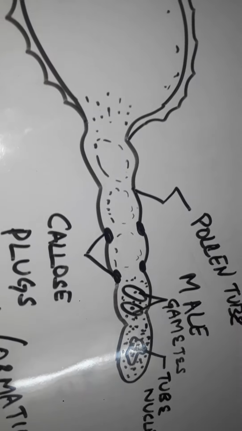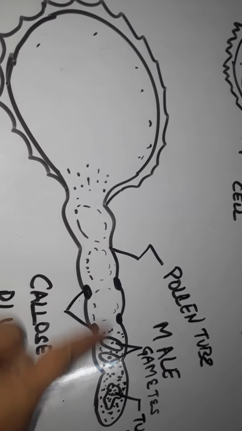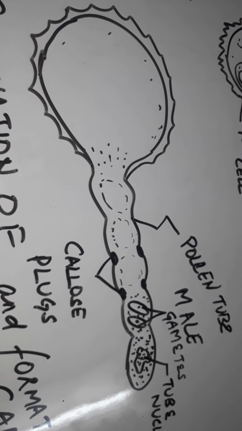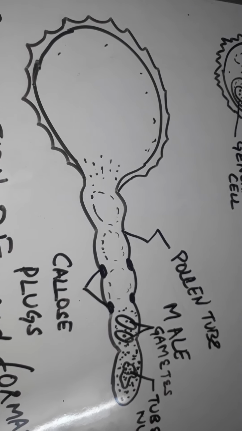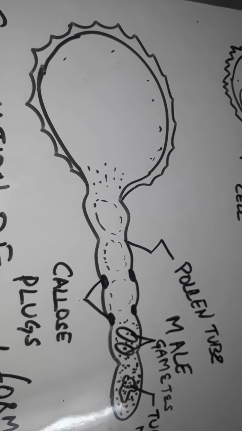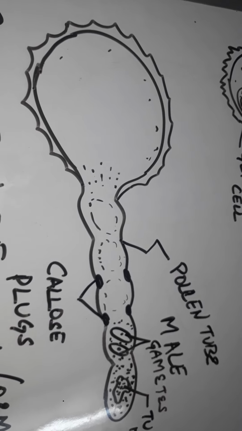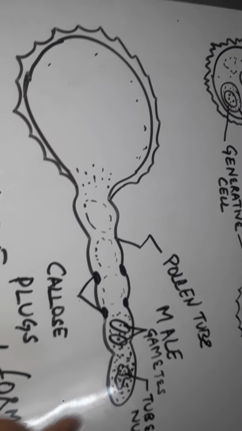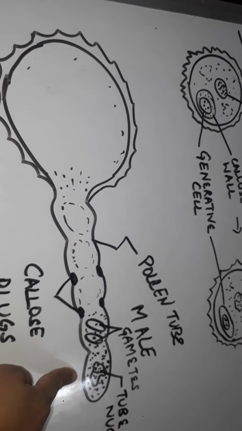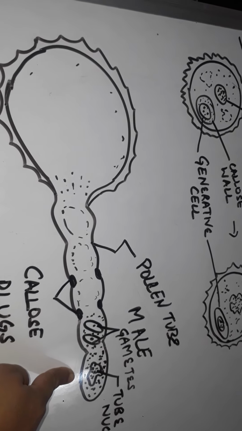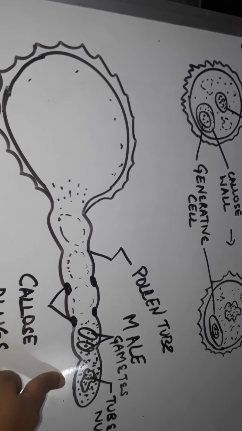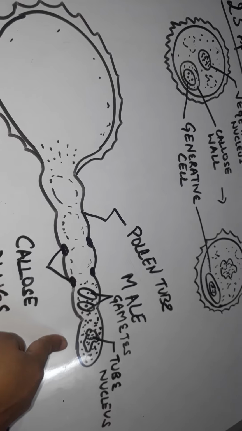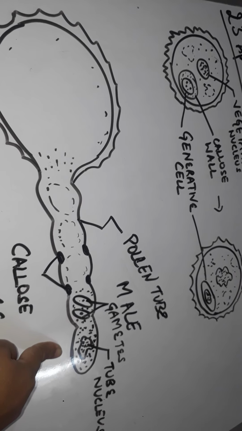This pollen tube will secrete pectinases and certain hydrolytic enzymes, which will make its passage through the stigma. And throughout its journey to the embryo sac of the female, this pollen tube will keep on absorbing nourishment from the stigma. Now at the tip you can see that there is a tube nucleus, that is, a vegetative nucleus. As soon as this pollen tube is formed, the tube nucleus or the vegetative nucleus will migrate to the tip of the pollen tube.